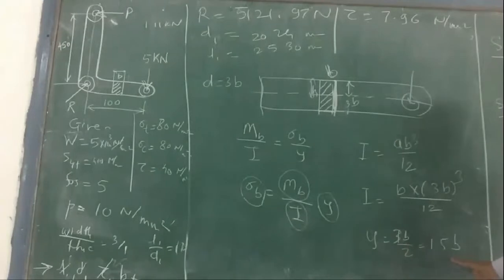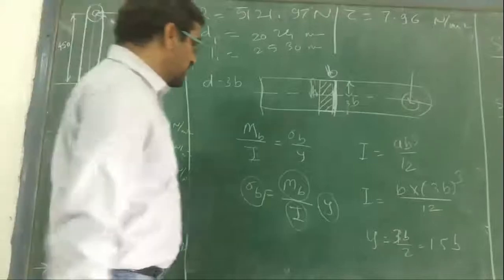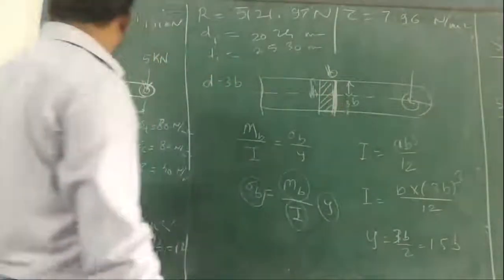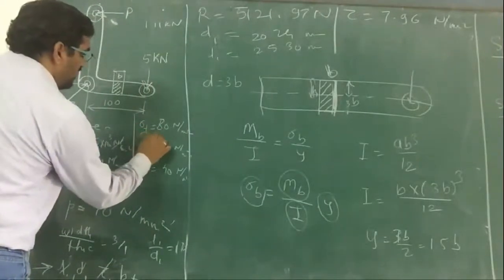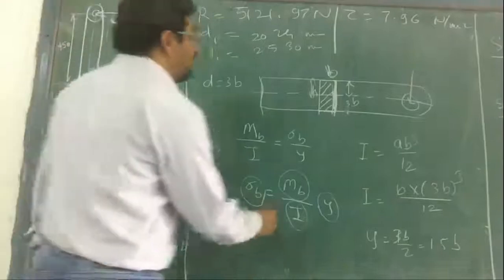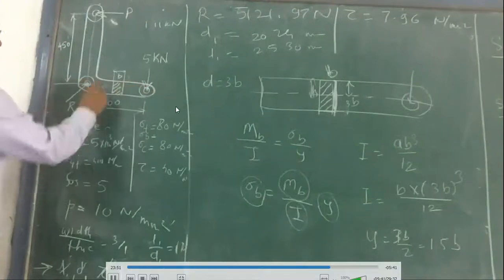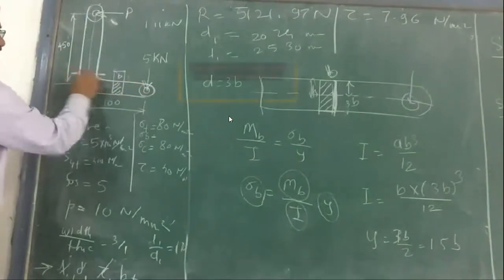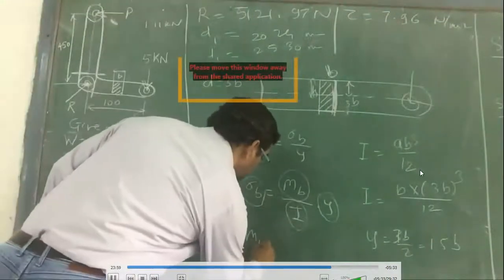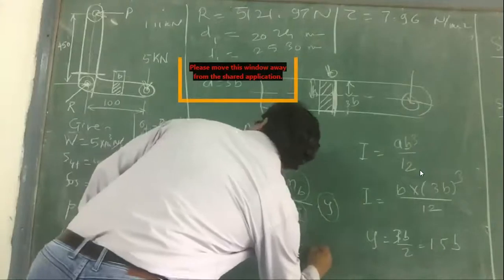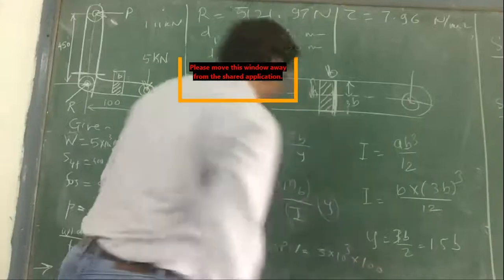So we know now I in terms of b. We know y in terms of b. Sigma b we have to calculate. So what is sigma b? Sigma b is given. This is sigma d, which is equal to sigma b. However, Mb is bending moment. Now the bending moment of this pin at the fulcrum. What is the bending moment? The failure will be happening here or here, and the bending moment is load into distance. So Mb is P into L, that is say 5 into 10 cubed into 100. So this is bending moment, right?